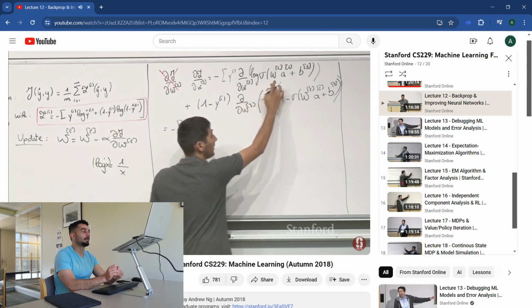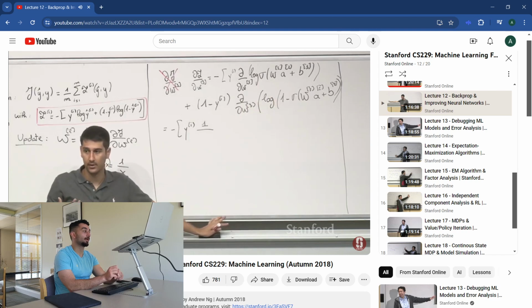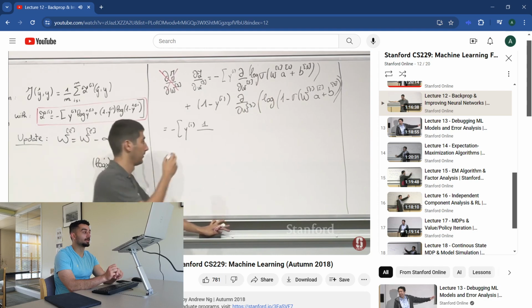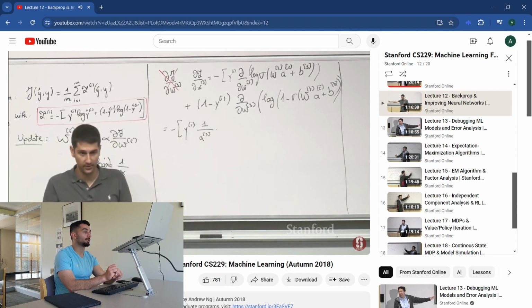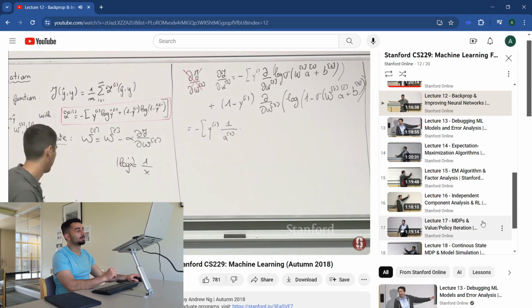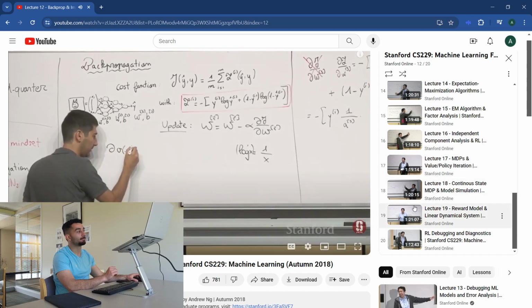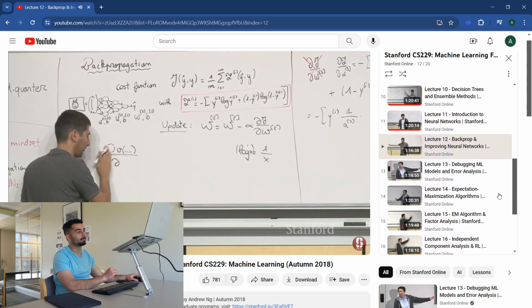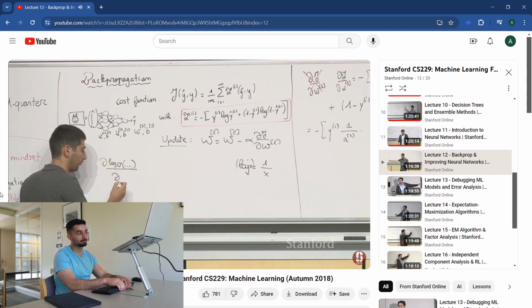So we have 1 over sigmoid of W3 A2 plus B3. I know that this thing can be written as A3, right? So I will just write A3 instead of writing the sigmoid again. So when you take the derivative of A3 with respect to W3, remember that I'm just going to write it down here. If we take the derivative of, let's say, the log of sigmoid over W,